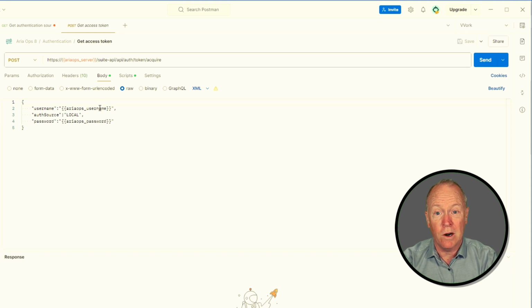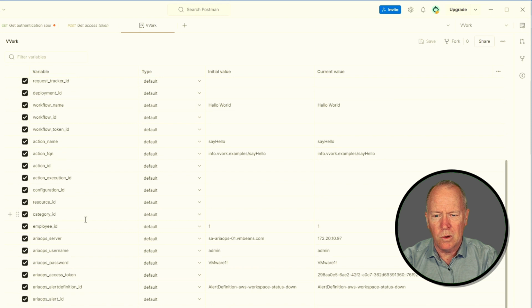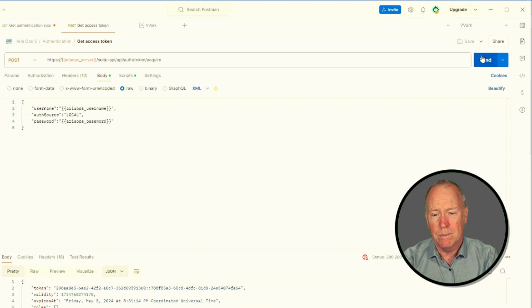As you can see, I've already set up some variables. If we go take a look at my environment for VVork, as you can see down towards the bottom, I have quite a number of different Postman variables set up for these operations. Let's go ahead and run this REST operation and get an access token. So as you can see, this here is the access token that we're going to need for all subsequent REST